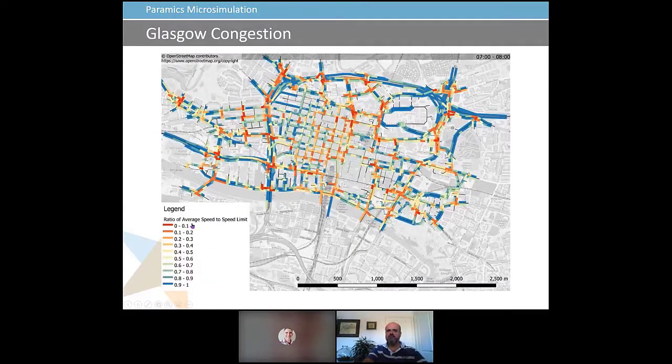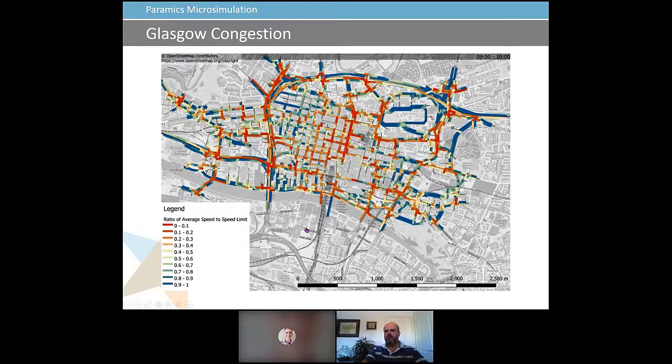As you see, red means that everything's really slow. For example, if the speed limit was 70 miles an hour, that's saying it's going between 0 and 7 miles an hour, and blue means really quick. You'll see in the first hour, which is shown up here in the top right, 7 o'clock and 8 o'clock, not a huge amount of congestion, but when we run the movie,